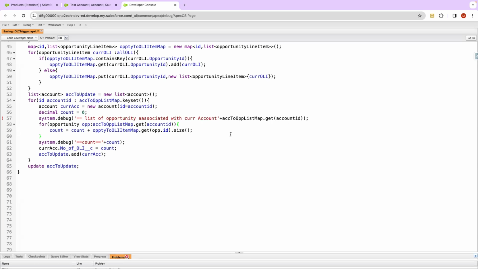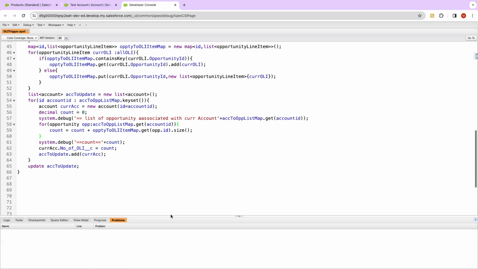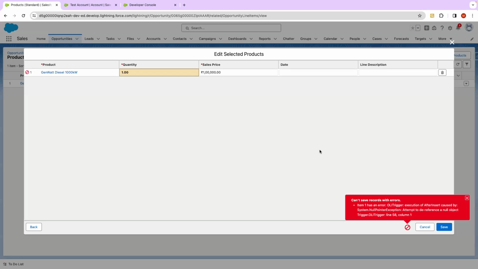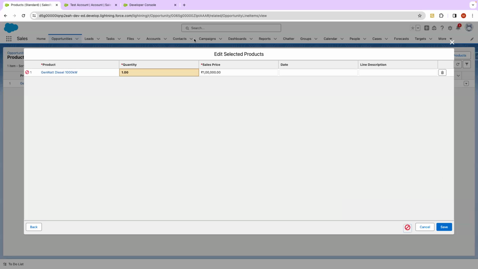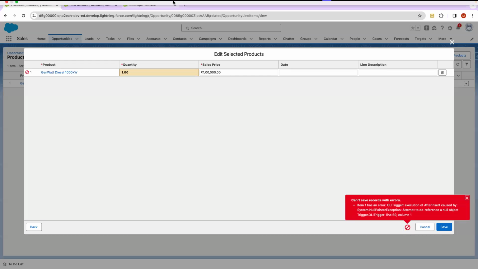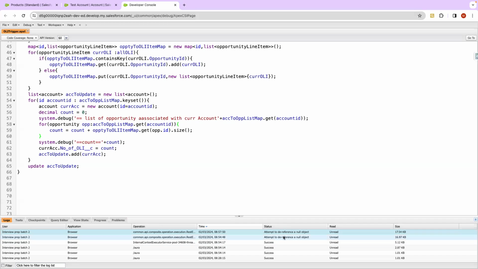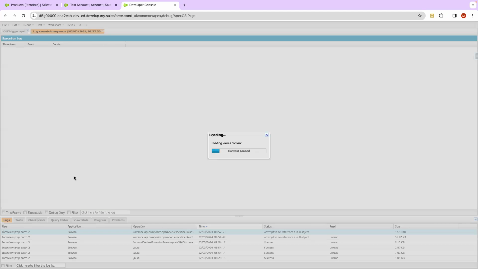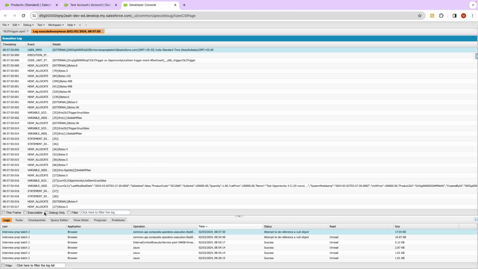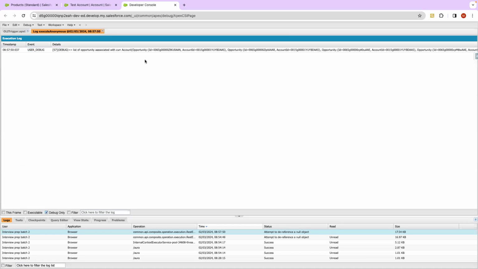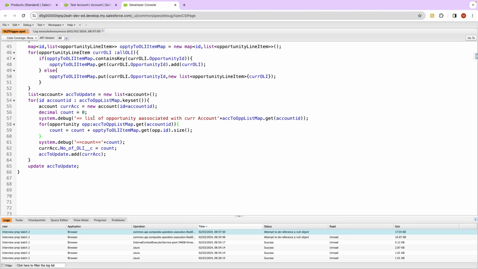Let's try to save this. ठीक है, कोई दिक्कत नहीं है। नल पॉइंटर आ रहा है, आने दो। Let's see. 959 null pointer exception attempt to dereference a null object। लिस्ट ऑफ अपॉर्चुनिटी हमारी आ रही है, that means उसकी वजह से प्रॉब्लम नहीं है।